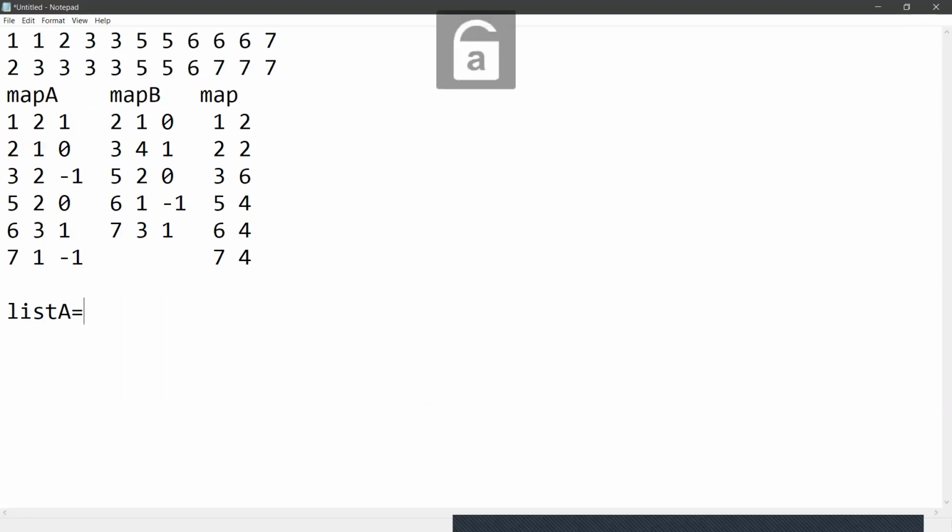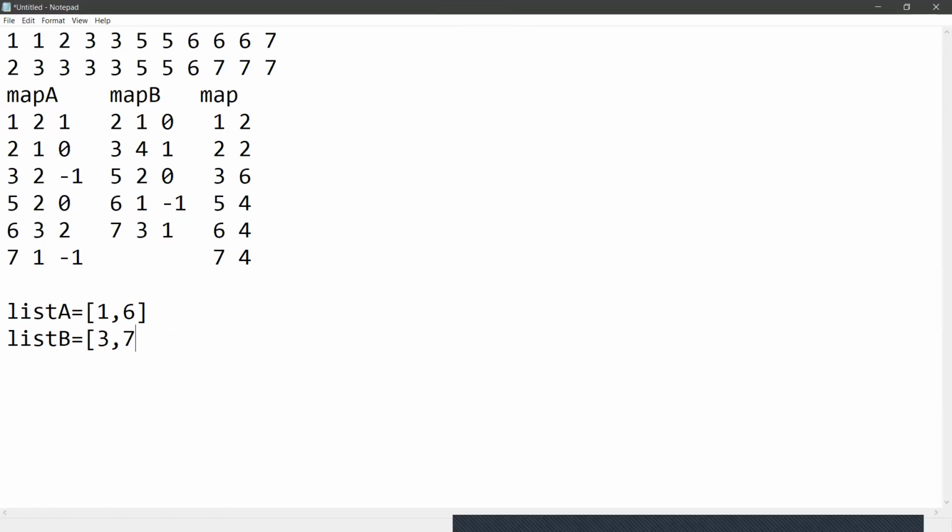List A, greater than 0 is 1. So for this key value I have to store the key, and this 6. So 1 comma 6. I have to explain one important test case again. If this value is 4 and divided by 2 is 2, so I have to add 6 two times, because the value is 2. If 6 is 4, then add it 4 times. So this is also important in this question. Again, I have to make a list B,